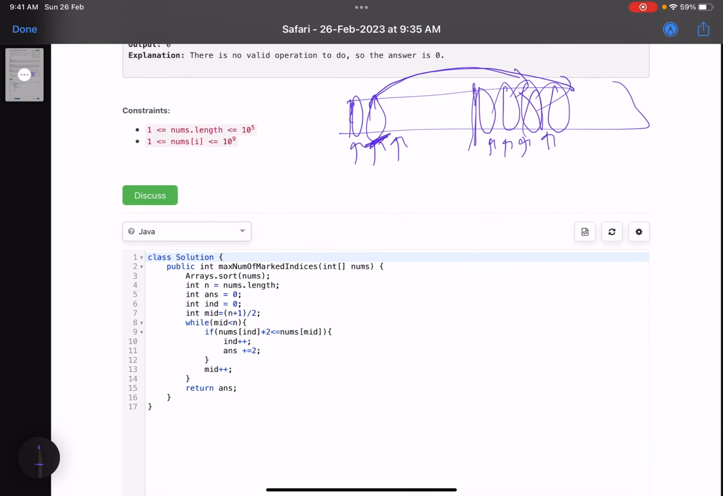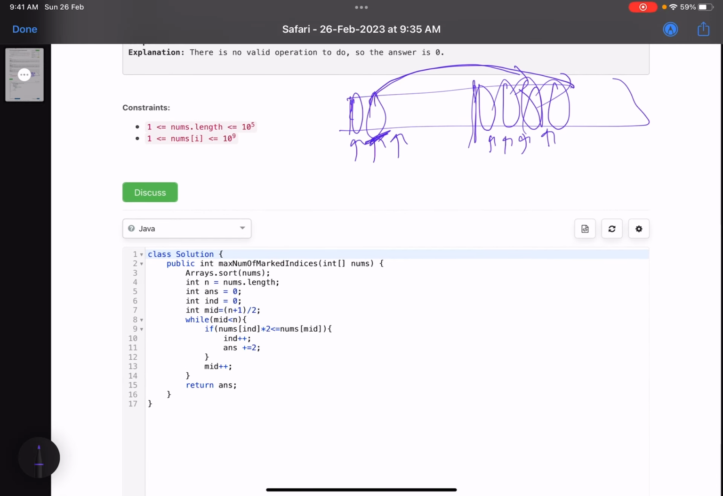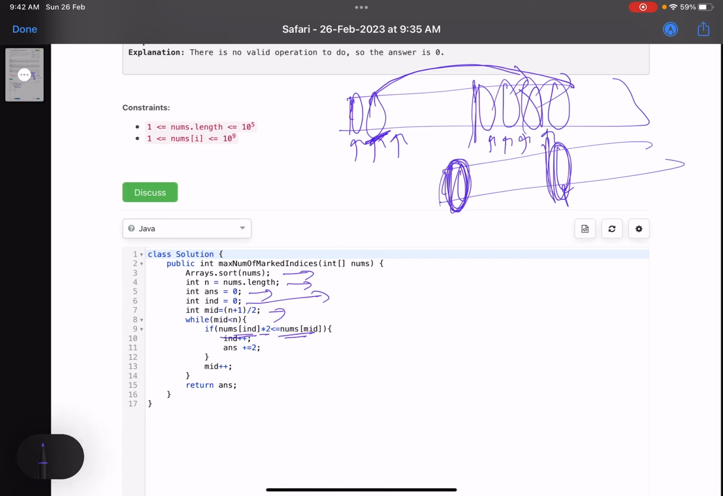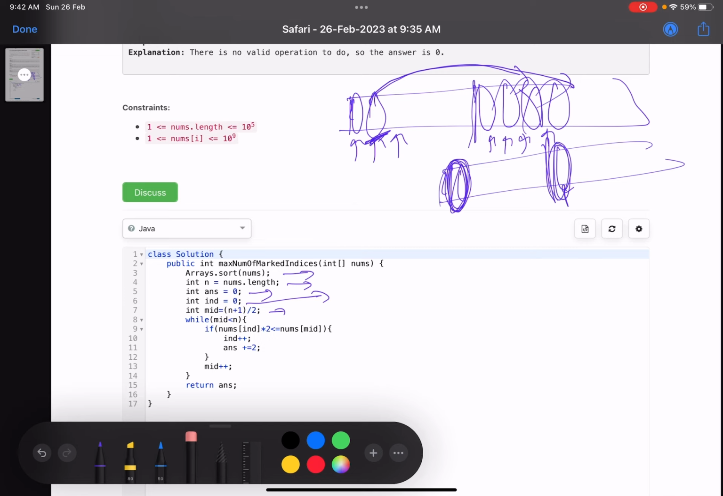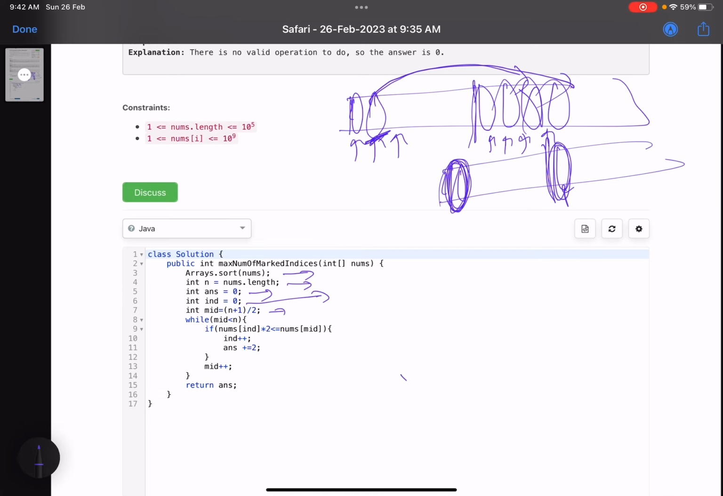If I show you the code, it's very simple. You just sort the array. You see how many elements are there. My answer equals 0, and this is the index for the left part, and this is the index for the right part, mid. Now what I do is check if nums of index into 2 is less than or equal to nums of mid. That means if this times 2 is less than or equal to this, then I'll increment my index. I'll move forward to check the other elements, whether they are forming a pair or not,